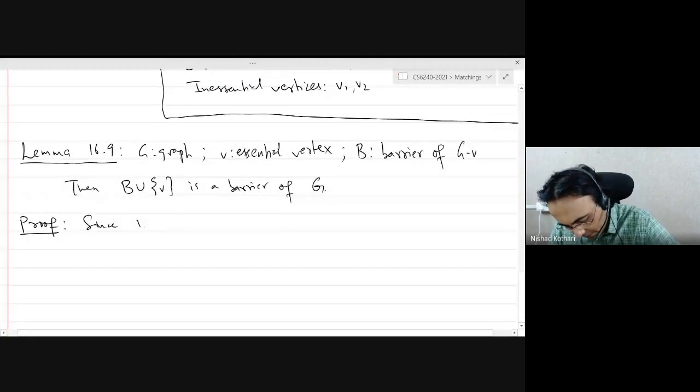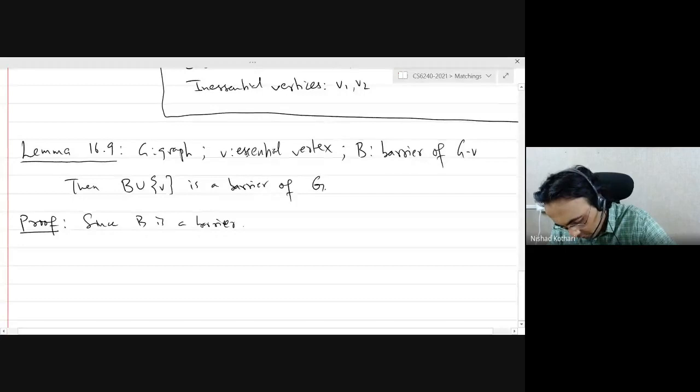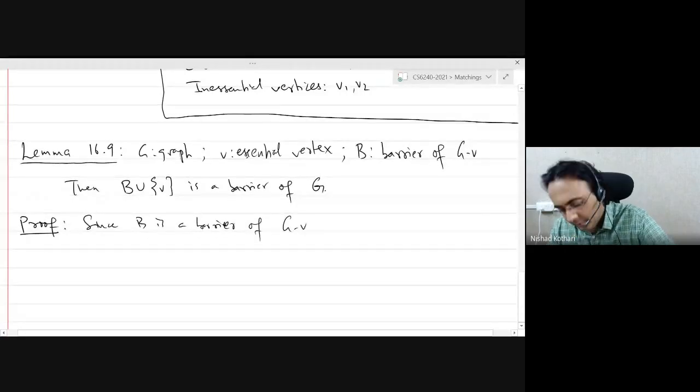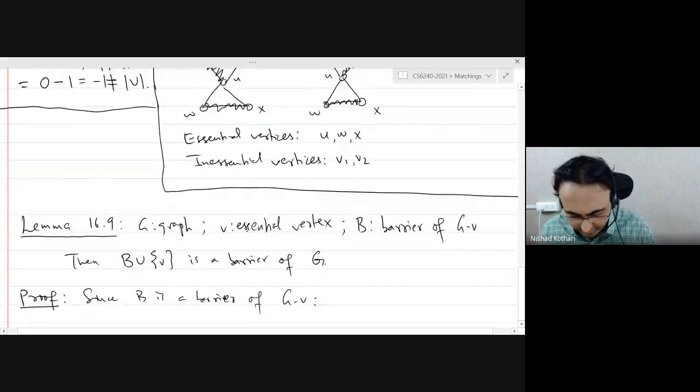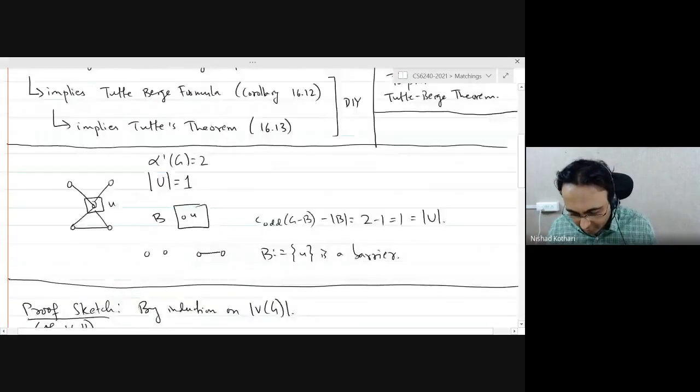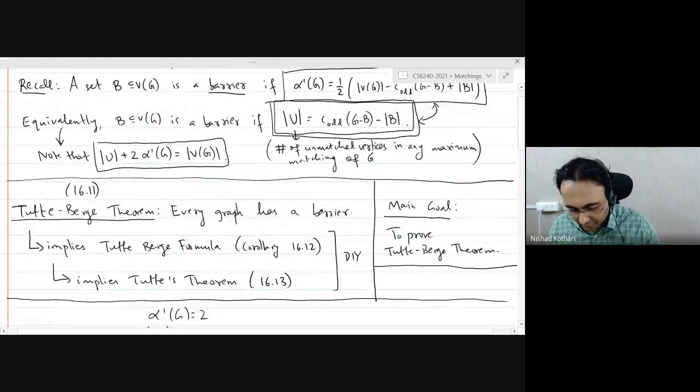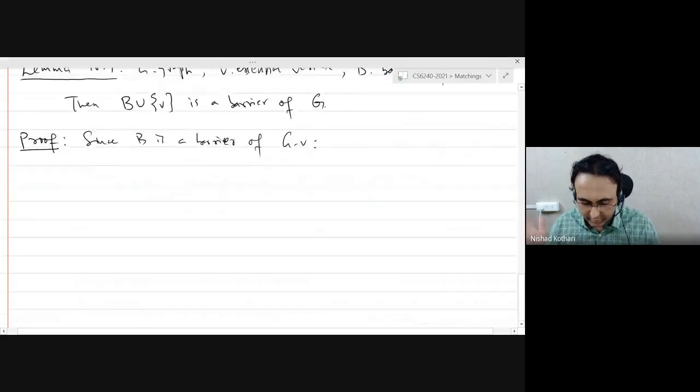Since B is a barrier of G minus V, well, when I wrote down the proof, I followed the more complicated equation, so I'll just stick to that.